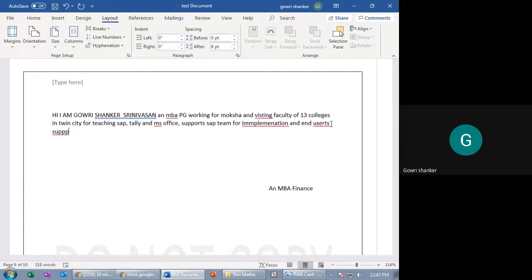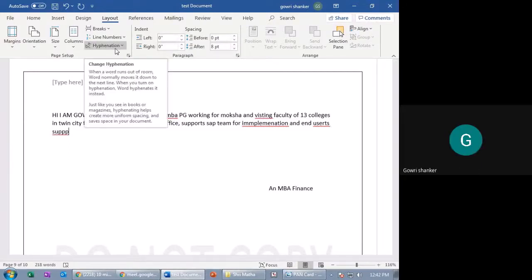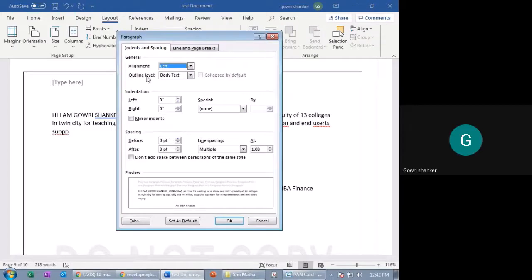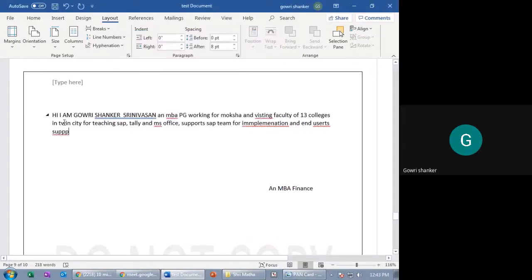There will be no extra lines added, right? It will be in the proper spacing. Yes, sir. For that reason we'll use this. Apart from this, nothing. And this is indent and spacing here. The spacing is always the same. See, on the left side, body text level 1. I say okay, this is a body text.